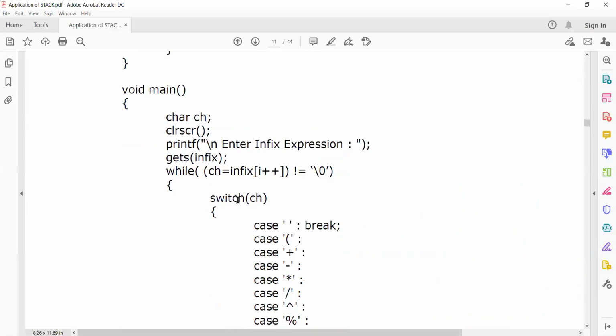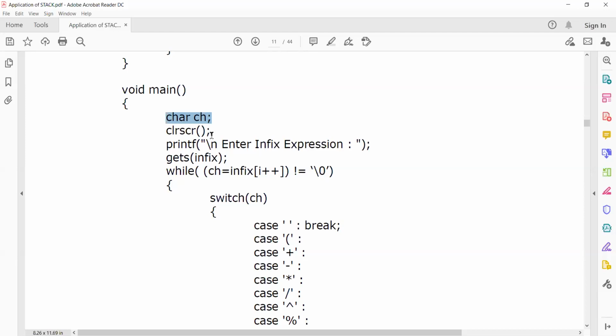Okay, we will consider now the expression x plus y, for example. You know that the compiler will always start from the main function. For this we have declared one character variable ch to hold the scanned element.